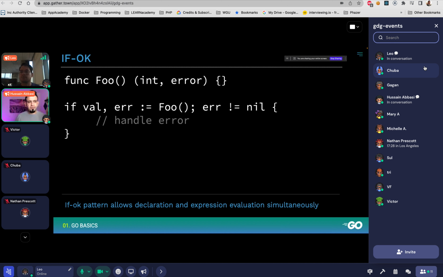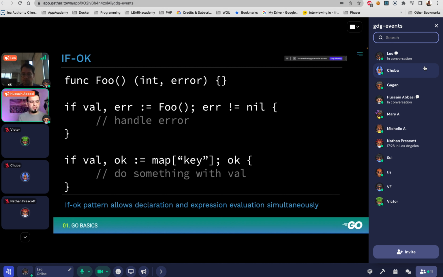There is something called the if-ok pattern, which, as you can see here, is used to run an if and check for a condition before moving on. So ok just means, is it okay for me to move on? Does this value exist in this collection? One of the good use cases, at the bottom, is when you are checking for a key in a map.